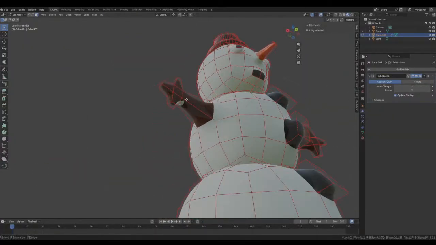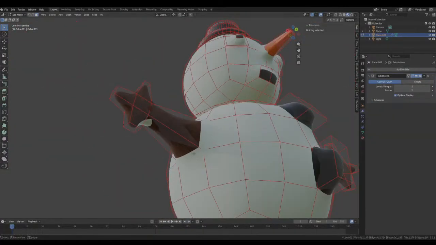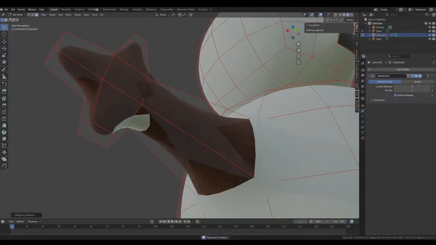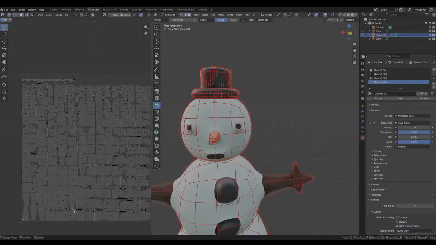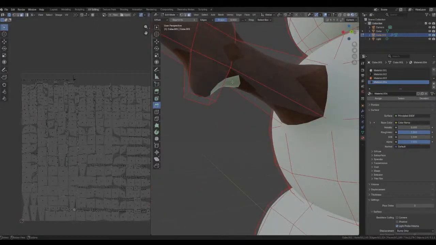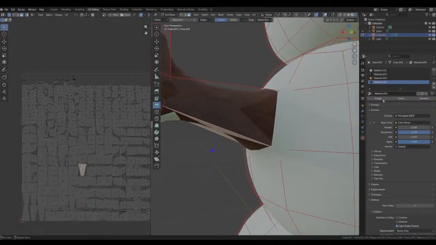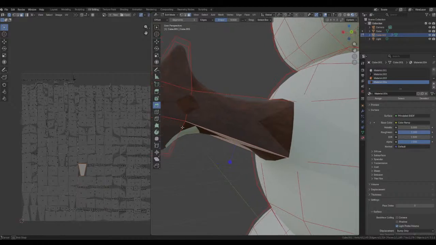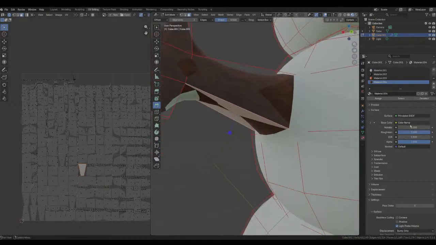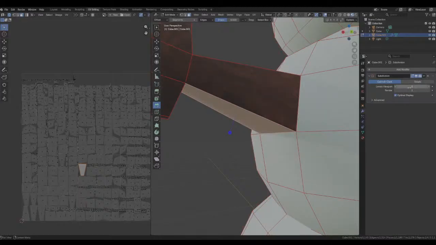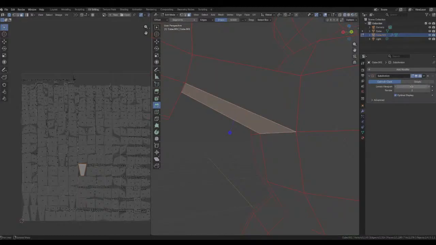Uh-oh. We got a little bit of an uh-oh spaghetti type of thing going on. So I gotta go back to the UV editor. I gotta figure out where that part is. Seams. Oh, it's already marked. So, see here. It's completely gone. And that happens. So what in the world is going on?